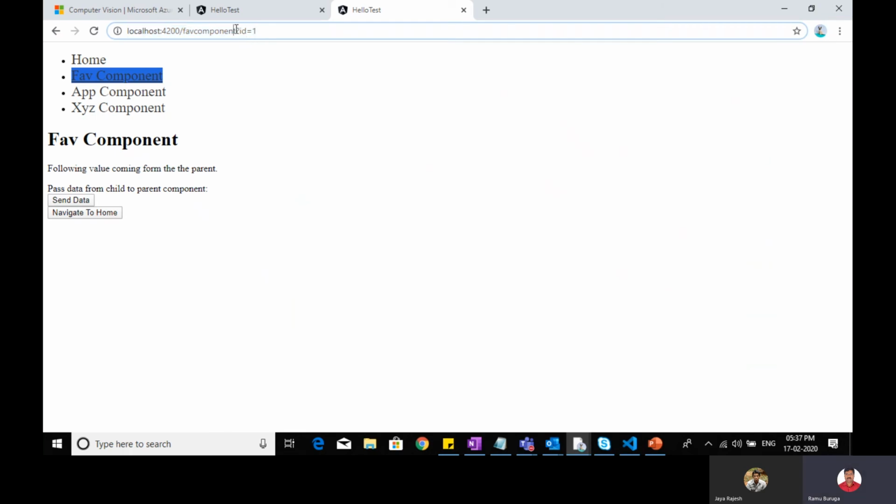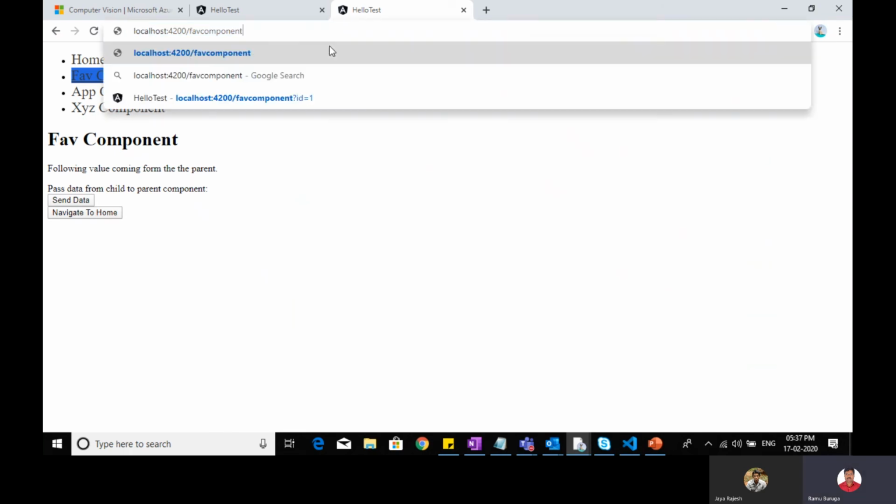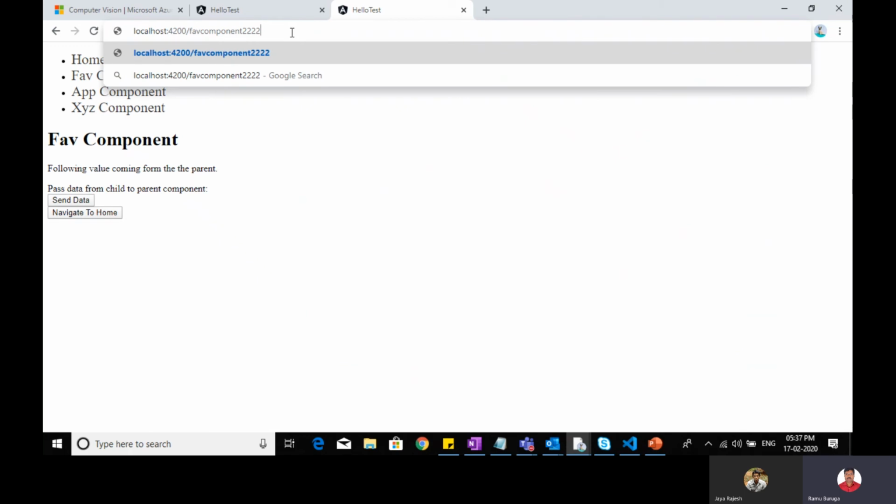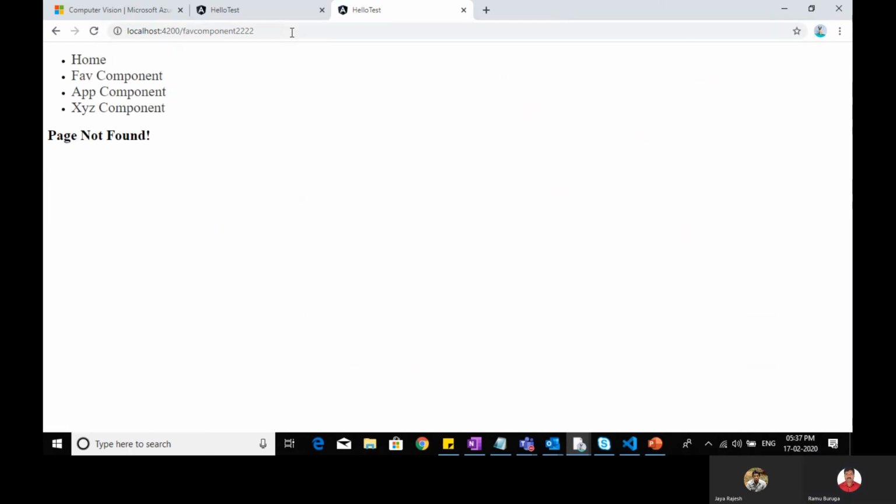If I remove this and type fav component, it is showing the fav component. If I type something wrong here, like 2222, what is showing? Page not found, right?